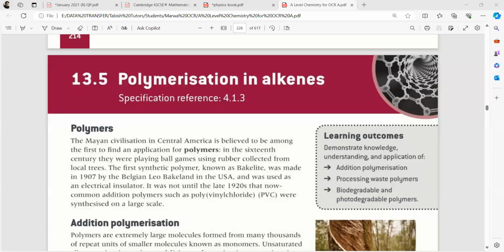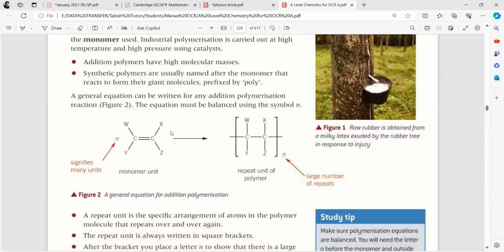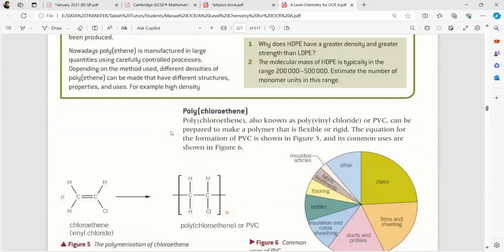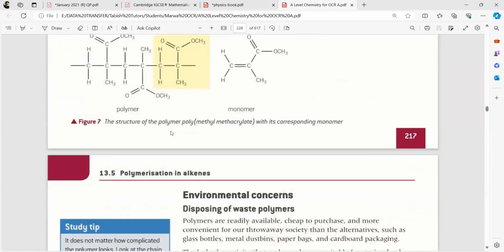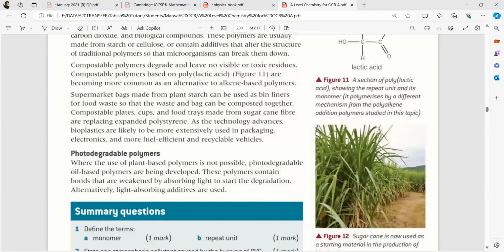What is the meaning of polymerization? When monomers form one larger polymer. What is a monomer? It's a single unit. Yes, okay, you're very right. So suppose I have this compound